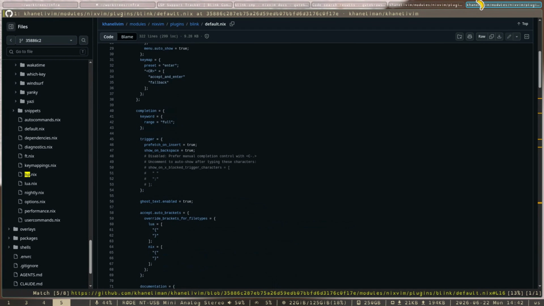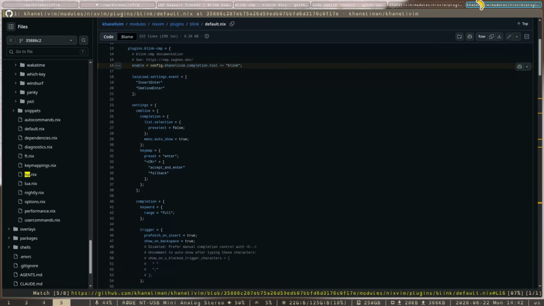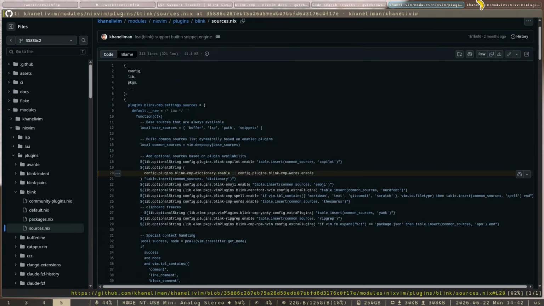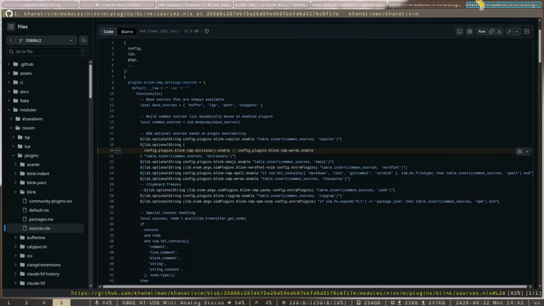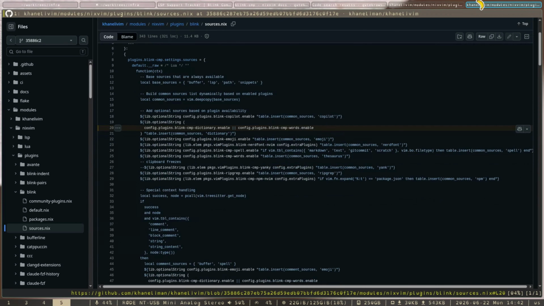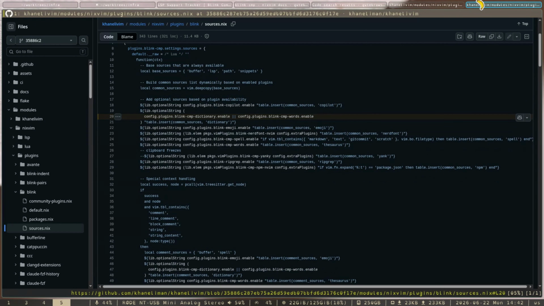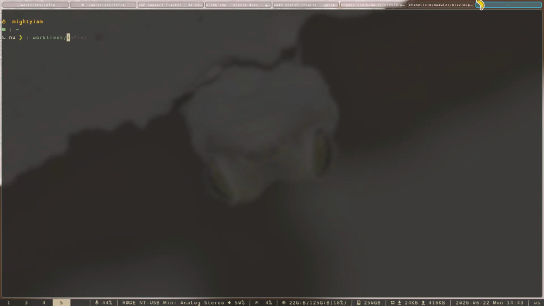Sources. Settings sources equals default. Yeah, default, and then it's raw Lua. Function ctx, base sources that are always available. Why is it a function? Add optional sources based on plugin availability. You know what? Let's check whether this is a